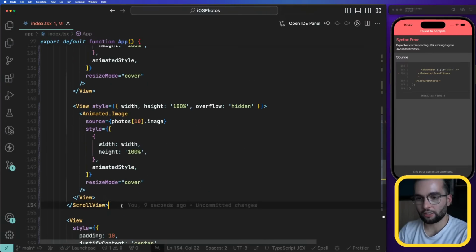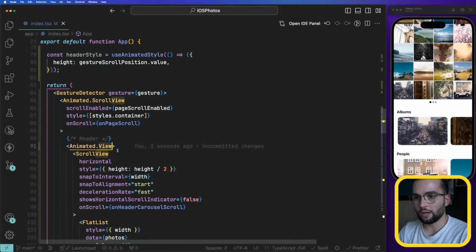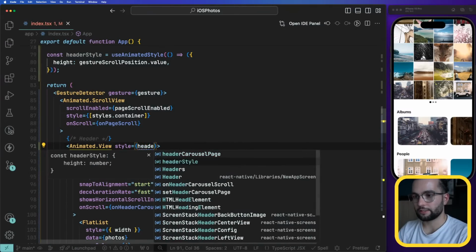Let me just find the closing scroll view. And this view is going to be the one that will handle the height. For example, if I do here style and the headerStyle,